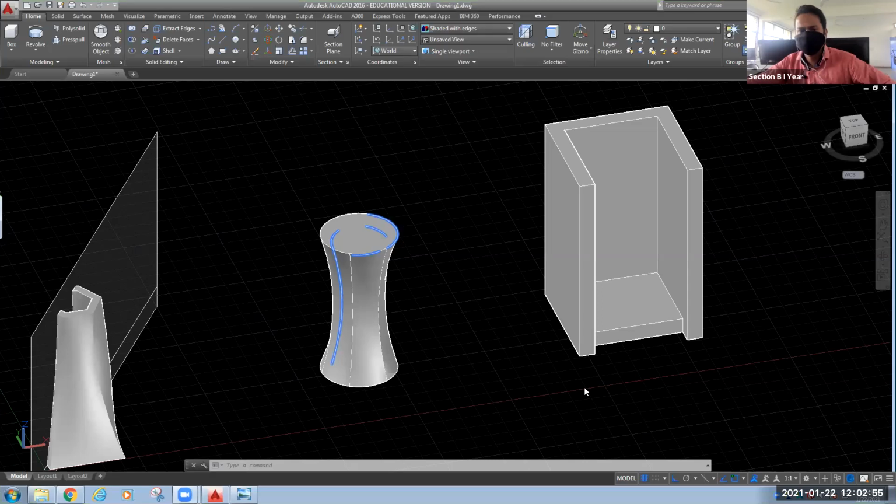Okay, so I am back, and now I will tell you one or two more commands, and I will show you one drawing also. So let's see. I hope you all are here. We have 59 participants. Okay, so I'm going to share my screen. Okay, now I hope it is visible to all of you.